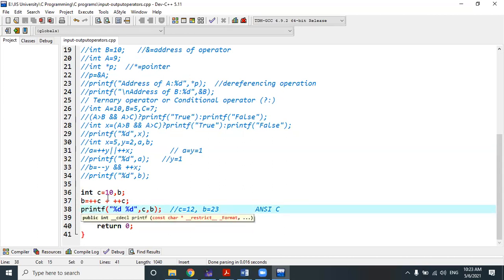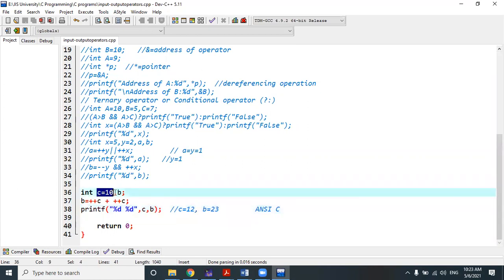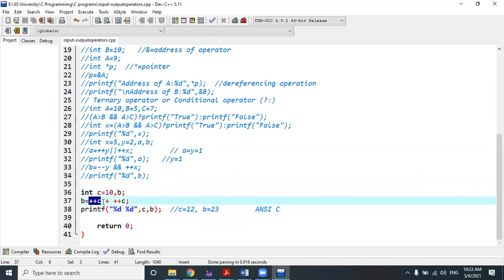So let me tell you the logic of this code. C equal to 10. In the first case, c becomes 11. Then plus plus c. Both are increment operations.